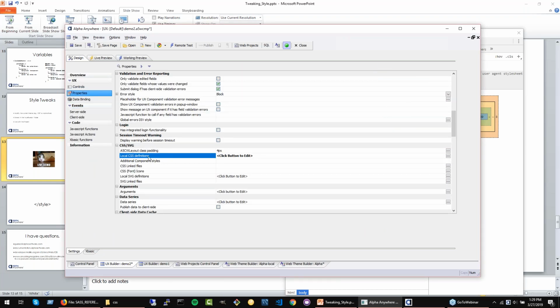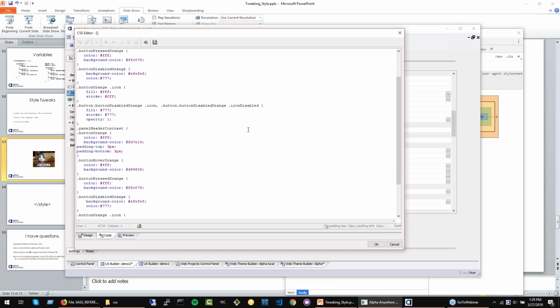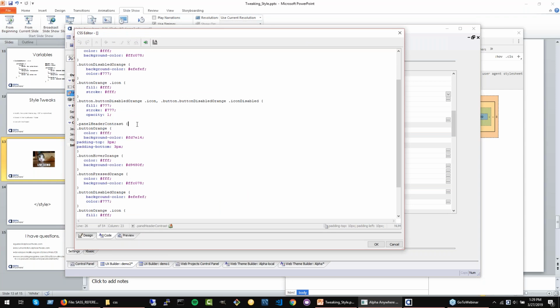Go to Properties, go find my local CSS definitions, and go down and find Panel Header Contrast, and then add some blank space after it. And I'm just going to paste it directly into here, right after Panel Header Contrast. Panel Header Contrast is the class name that was given to that panel header when I gave it the contrast subtheme. So if I want to generally apply padding to all of the